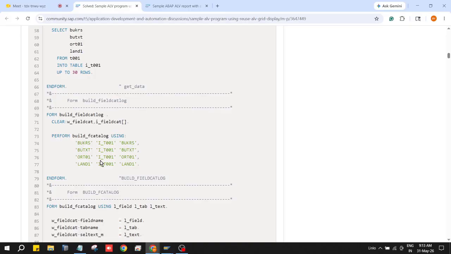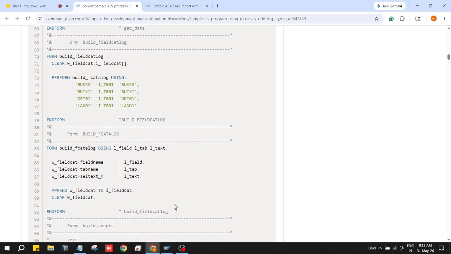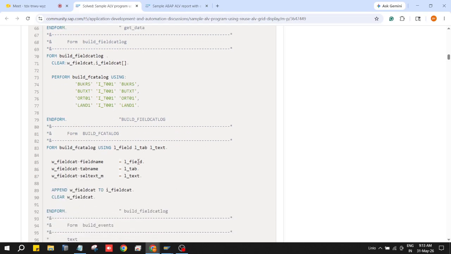All three columns you can write in this way: field name, tab name, text name, etc. Because to reduce the code and repeated append and clear, this is also one type of modularization. When perform field catalog using is called, first it sends this row, which comes here into this internal table. The first row is built, then the second row, then this routine is called